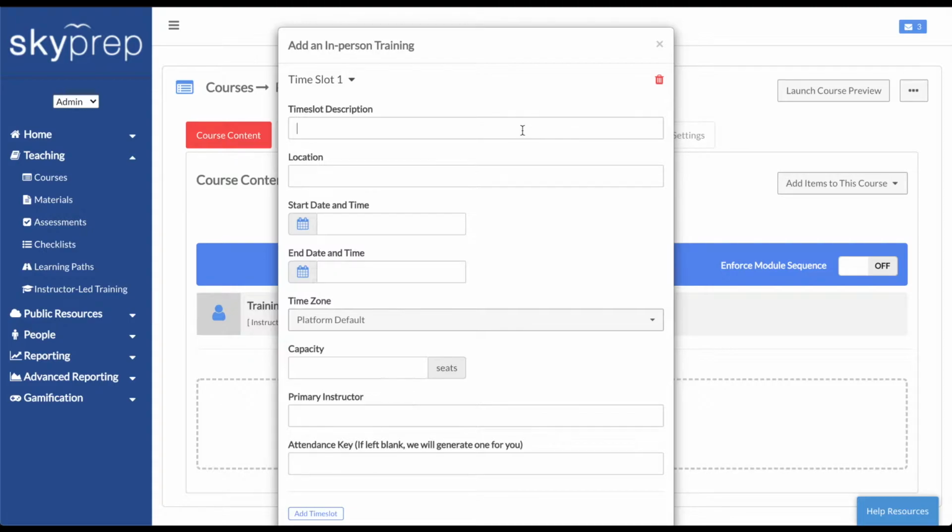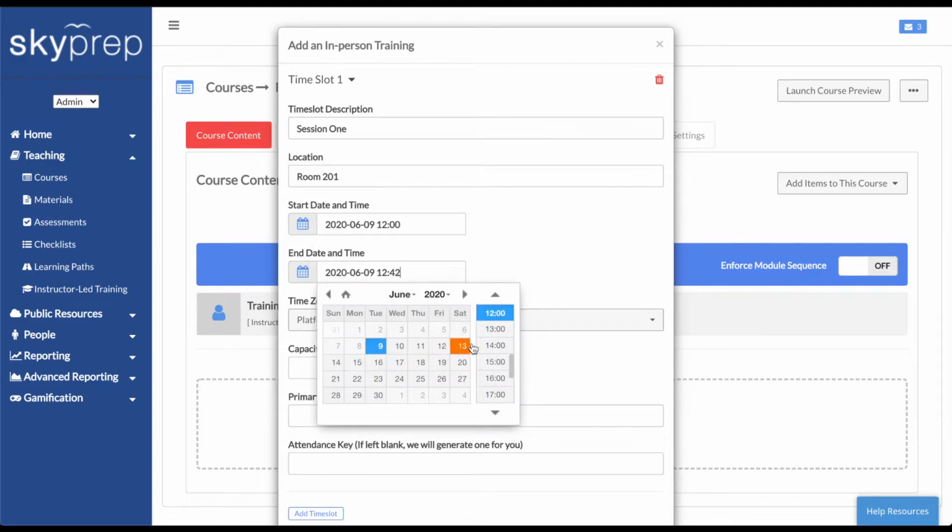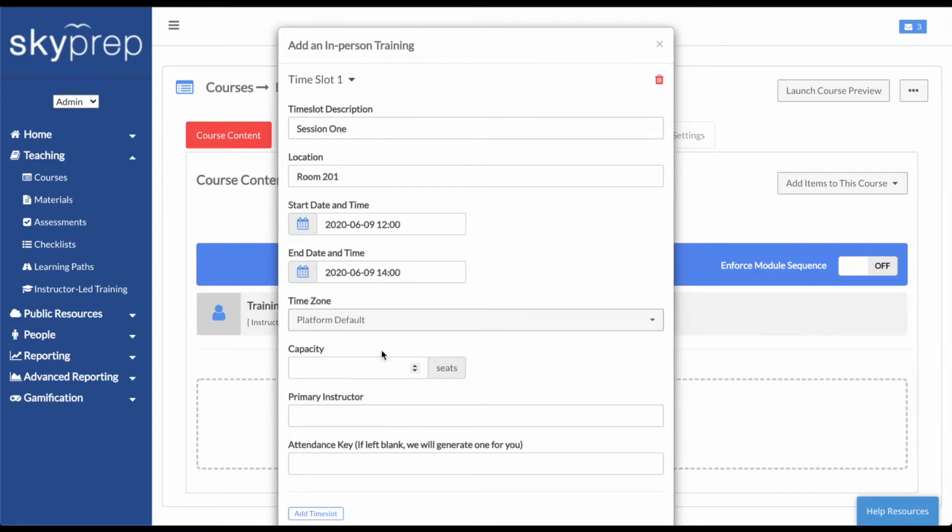The next window will allow you to create the first time slot. You will have to complete the fields, including the description, location, start and end time zone, capacity, primary instructor, and attendance key. Entering a number in the capacity field sets the maximum number of users that can be registered for the time slot. If the time slot is full, users will have to choose a different time slot or wait